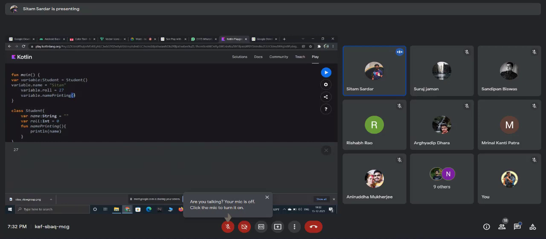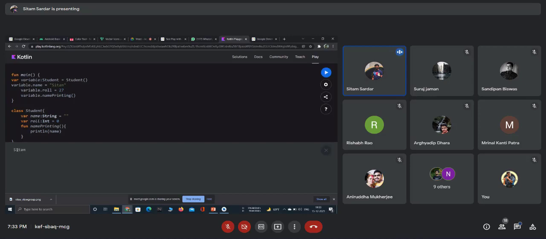This parenthesis says that it is a function. Here also I am giving the parenthesis when I was declaring a variable, but this parenthesis is not saying that it is a function. What it actually says, I will come to it later on. For now, if I run it, then it is printing my name.